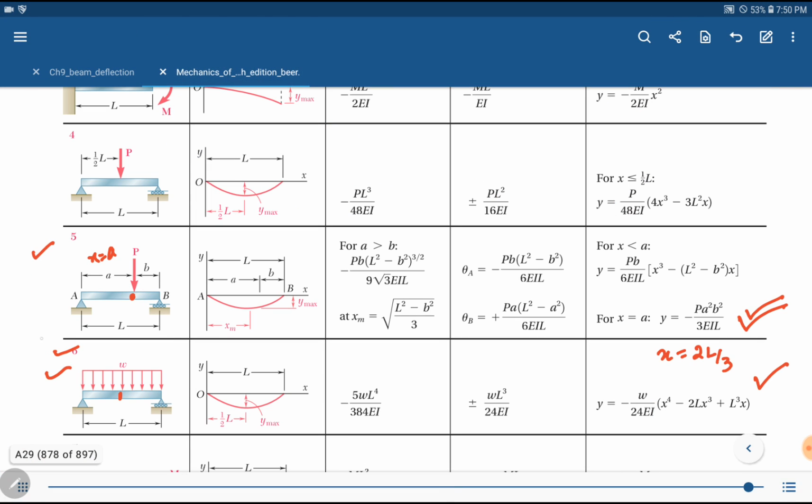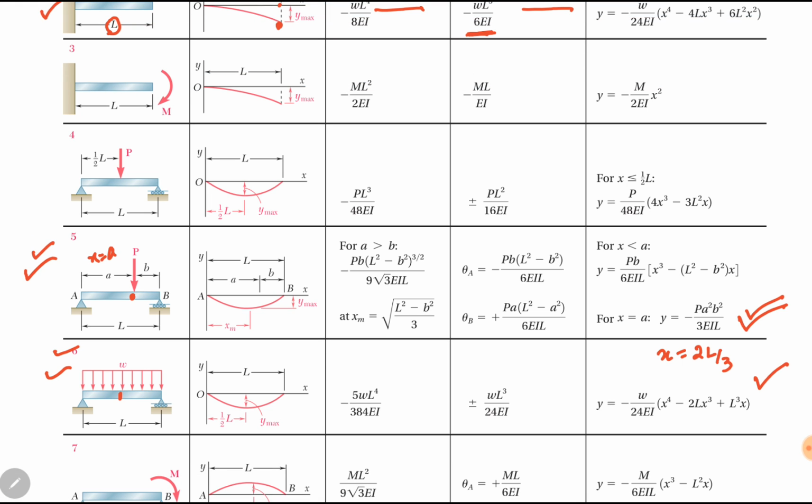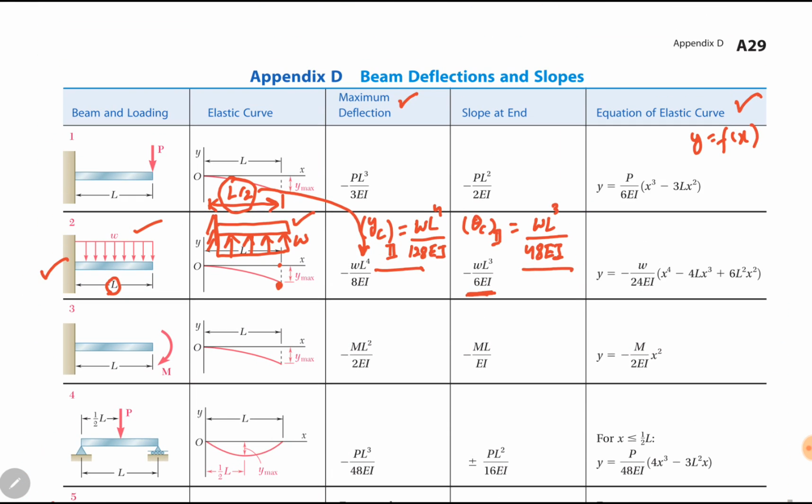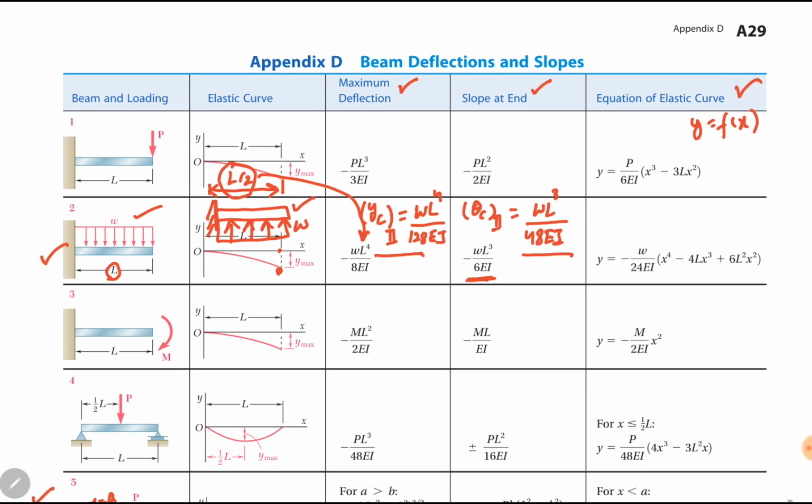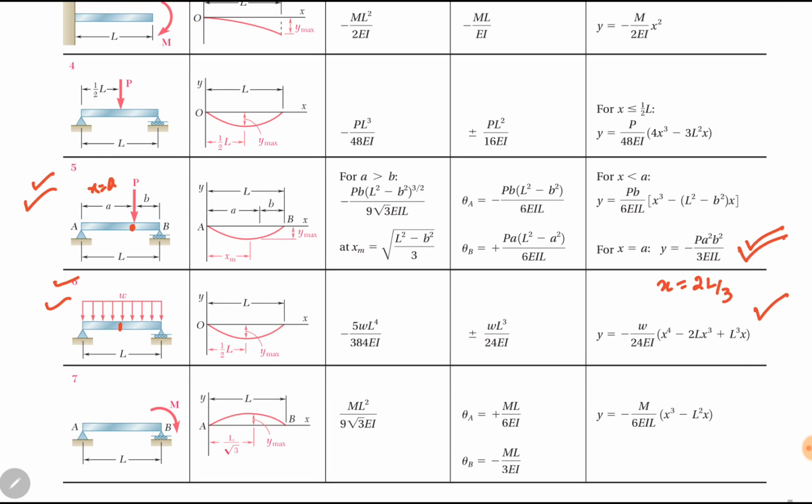For this case and for this case, we have expressions for theta, slope at end. At which end? At end A. For this case, it is a uniformly, it is a symmetric load and simply supported beam, so theta will be same at both ends, at end A and at B. For this case, it is different for end A and again something else for end B. So we will take this theta A for concentrated load case and this theta